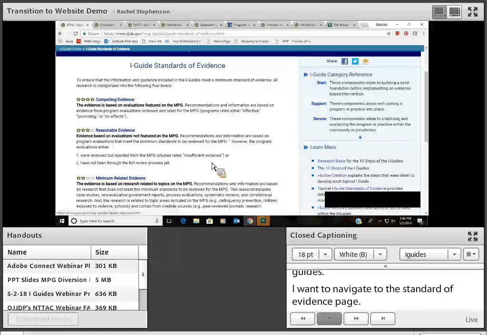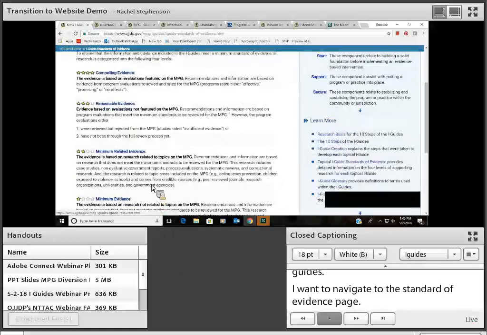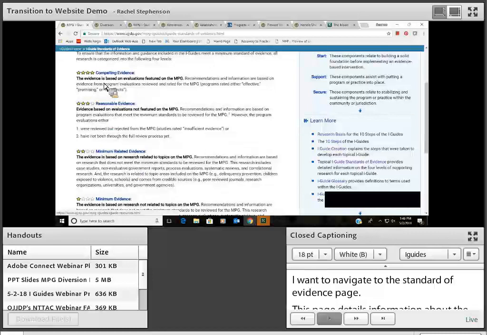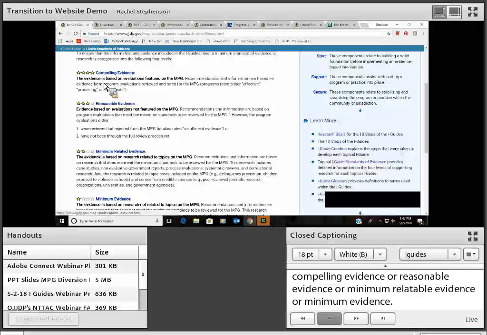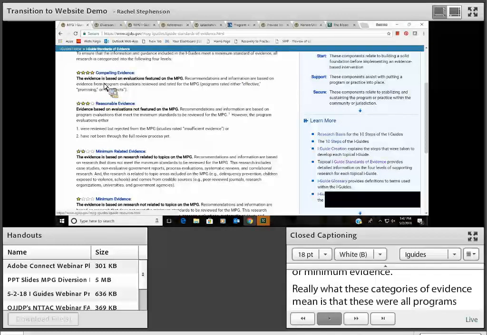evidence, reasonable evidence, minimum related evidence, or minimum evidence. And what these categories of evidence mean is that for compelling, these were all programs that had been previously reviewed by MPG and rated as either effective, promising, or no effects. And so we were able to pull information from those